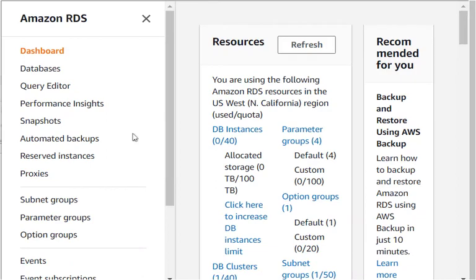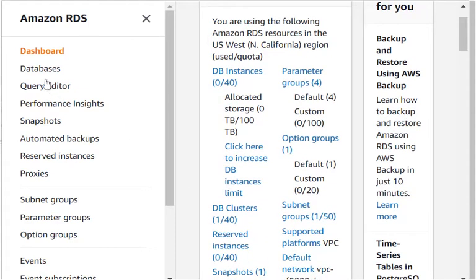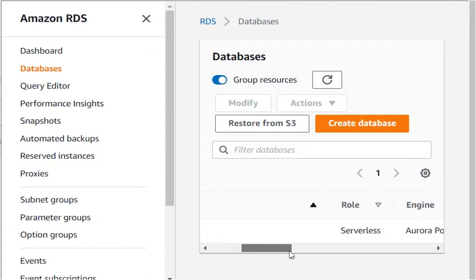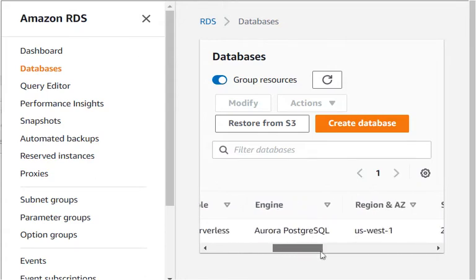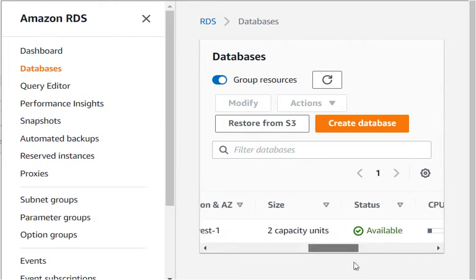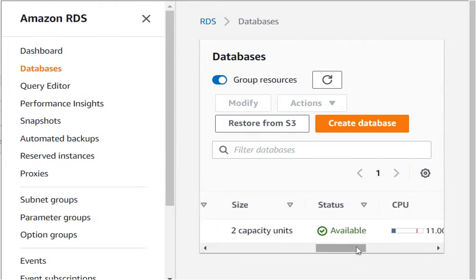Okay, after a few minutes, our database has been created and deployed. And you can see here under DB clusters, it says we have 1 of 40 available. So first, let's go ahead and click on databases so we can see it. Here you can see the sample DB database that we created. And then you can see it's a serverless Aurora Postgres, the region that it happens to be in, how many capacity units, which was the default, and that it's available. So let's go